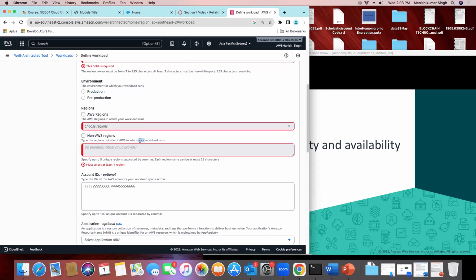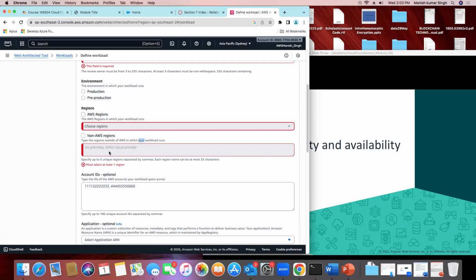Remember, in network content delivery, we looked at various services, various ways to connect. Those gateways we looked at will help you connect your on-premises resources to the resources in the cloud, right? If you have that kind of architecture, that kind of need, you want some data not to go on cloud or something like that, so you would give those regions as well.